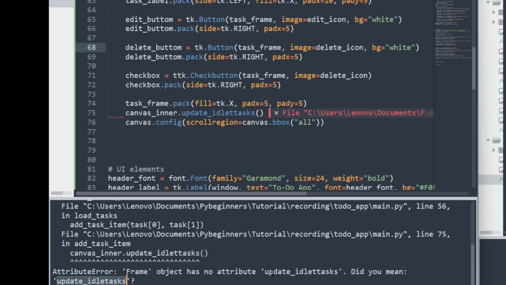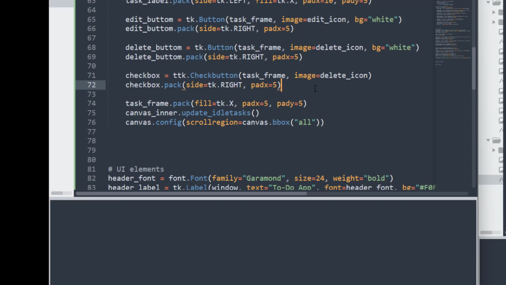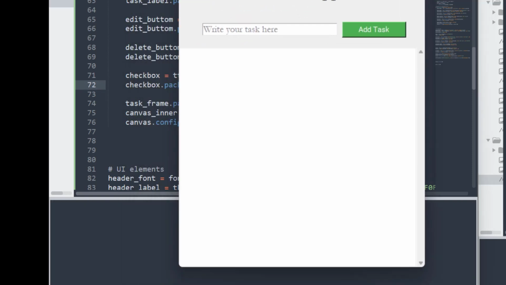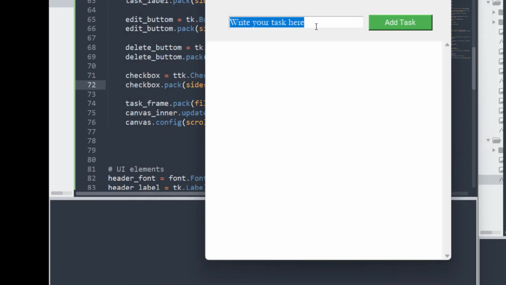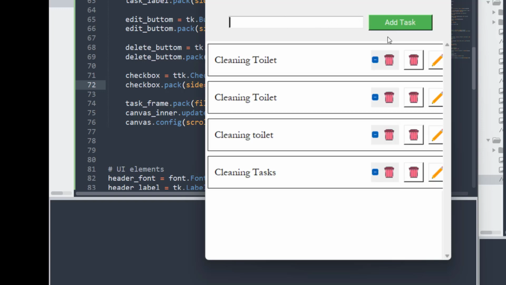Okay, let me copy this. I just need to go, where is this guy? Is this one? Update task. Okay, just let me change this name. Save. Okay, save. Now let me close this guy. Okay, let's just run again. If I run, boom, and if I come here, okay, cleaning tasks. Okay, no problem. If I click on add, boom,